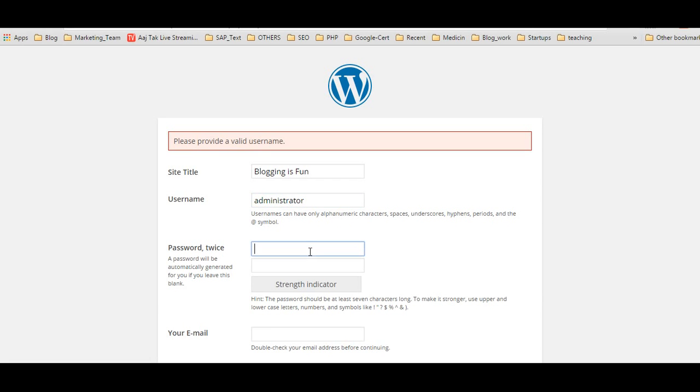Then the password. You can give whatever password you can remember at the right point of time. The suggestion is that you need to use a very good password so that you can remember it.